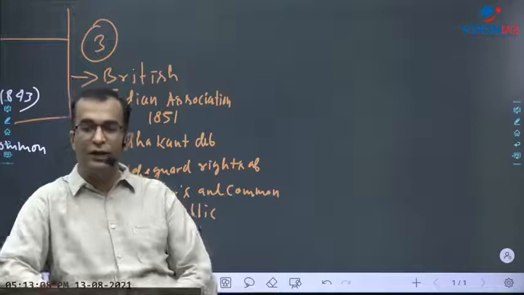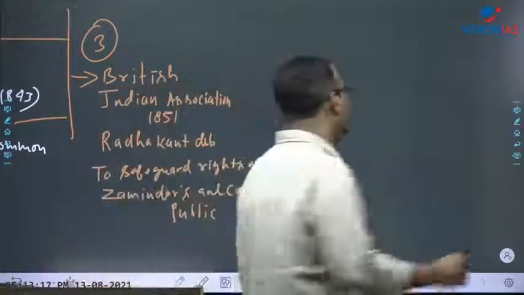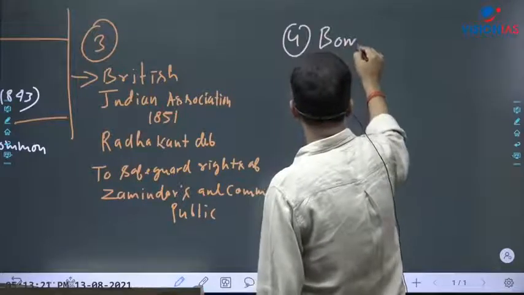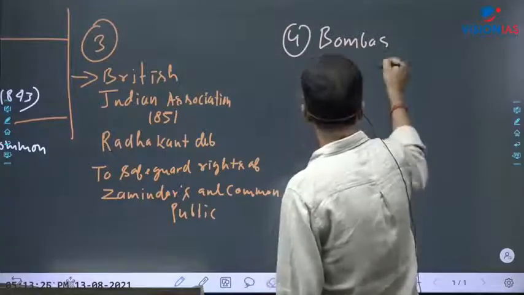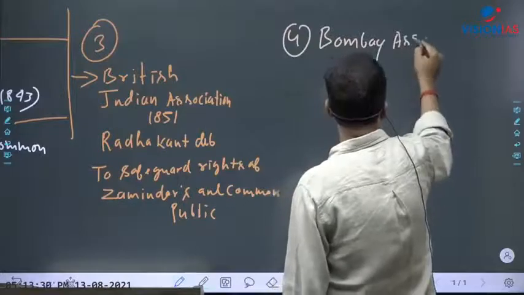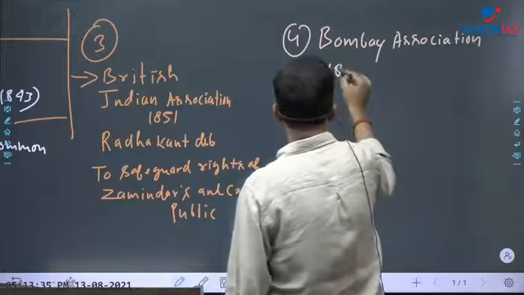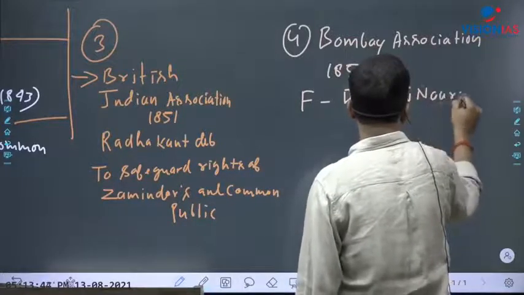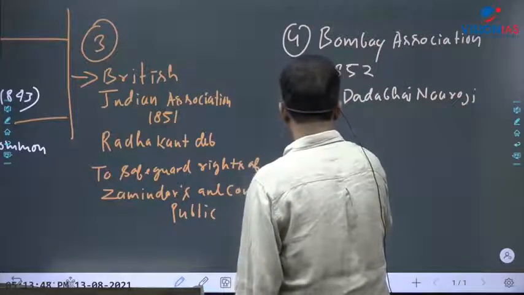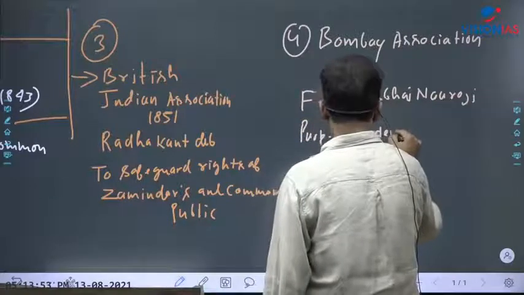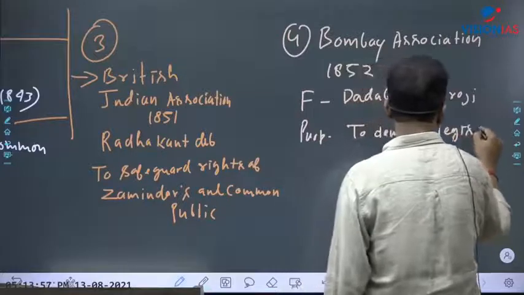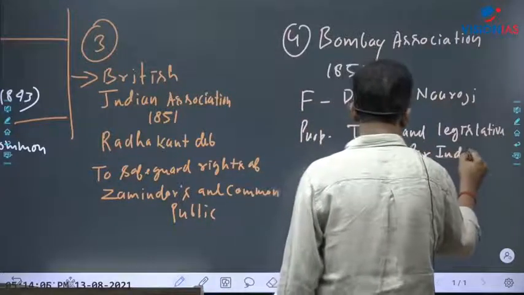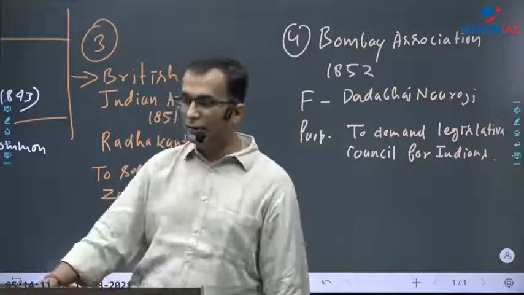Now I'm writing the fourth organization, and that was the Bombay Association, created by, so fourth one, Bombay Association (1852), founder Dadabhai Naoroji. Purpose: to demand legislative council for Indians. Now see that Dadabhai Naoroji is demanding this legislative council for Indians